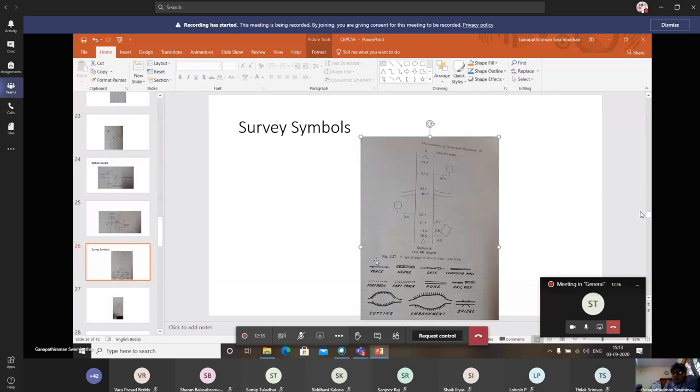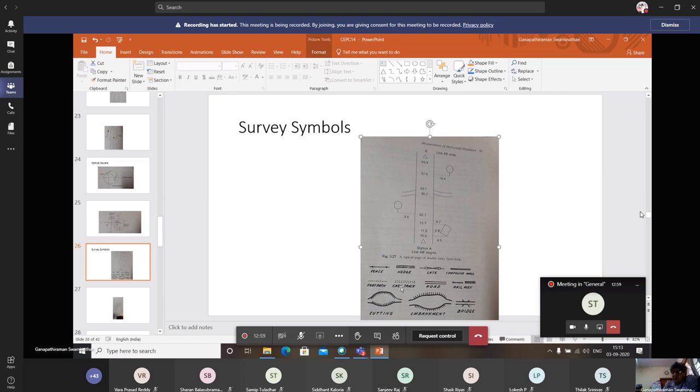So in the map, how do we mark it? This is what is called your survey line. Normally when recording your observations, we start with this. This is point A, the start of a straight line. Then, with a parallel line, for example 10.5 meters along and 4.5 meters perpendicular to it, you have another point. At 11.2 meters and 2.8 meters you have another point, and at 15.7 and 4.7 meters you have a point. You can measure all these, so you have a coordinate system. This is the way you record it.